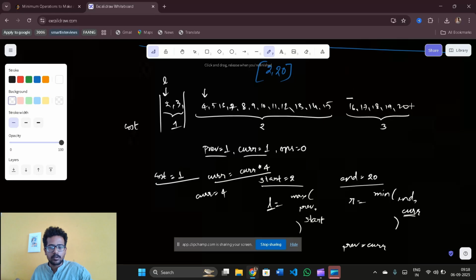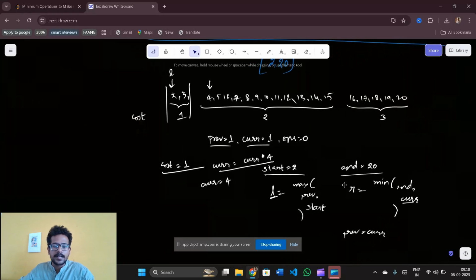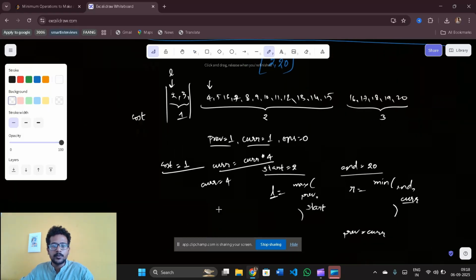So this is how it works, but let us go step by step, right? So I got end comma current. Now let us see end comma current. The current is 4, right? But what is the number of operations which it takes for 4? It is just 2. But for this 2 comma 3, it is taking 1. So I need to take the operations as, let me tell you, as